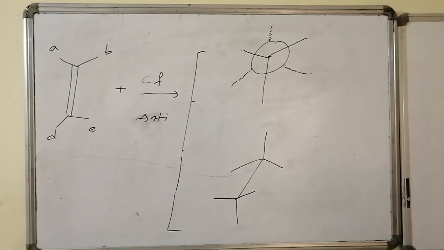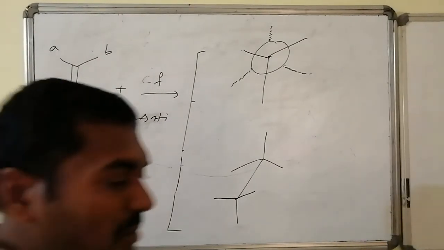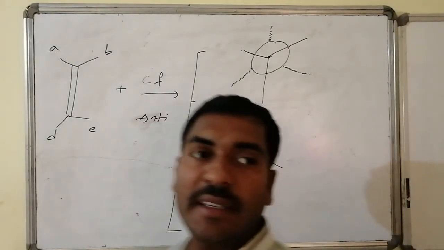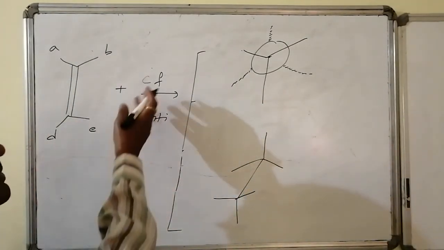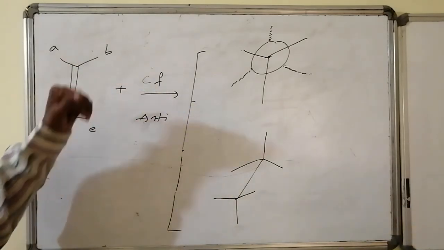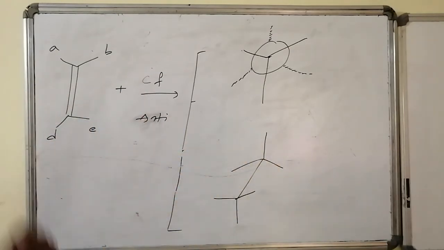Yes, in anti-addition of groups related to the double bond, anti-addition stands for groups connected 180 degrees apart from one another. Suppose C and F are going to be added, and the angle of separation, the dihedral angle, when they are added should be maximum, that is 180 degrees. C is added to the top carbon atom and F is added to the bottom carbon atom. The dihedral angle while addition is maximum, 180.